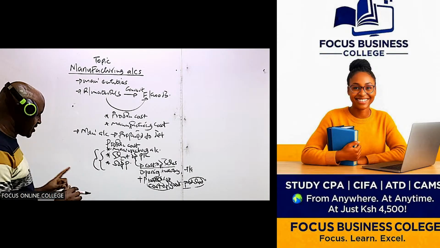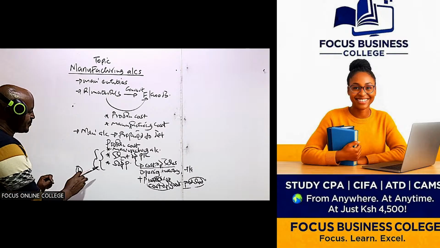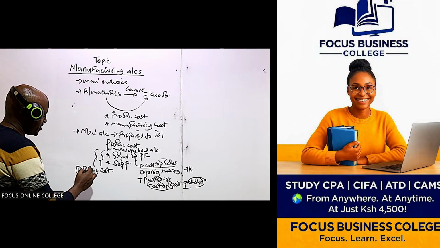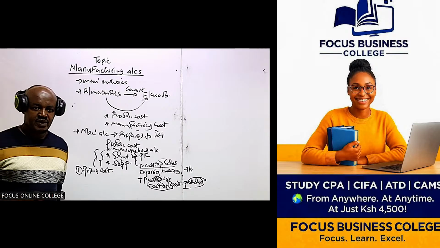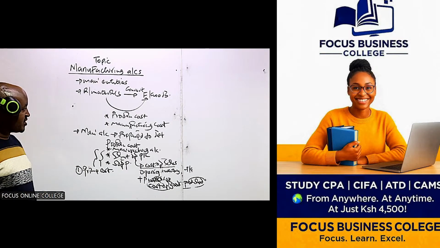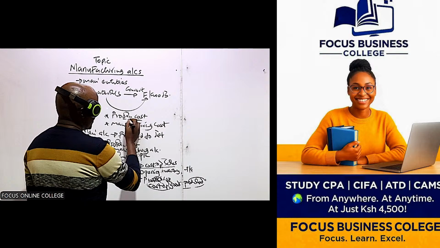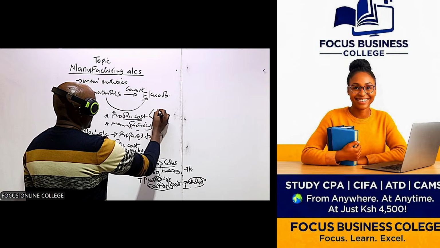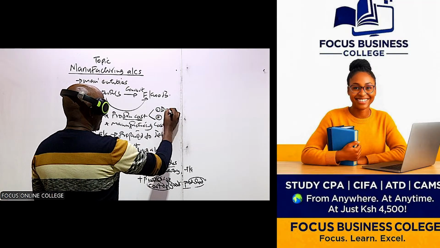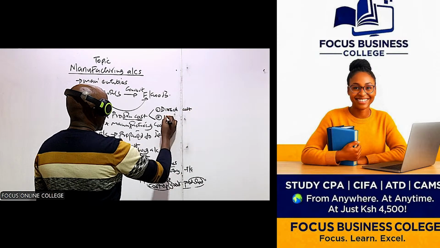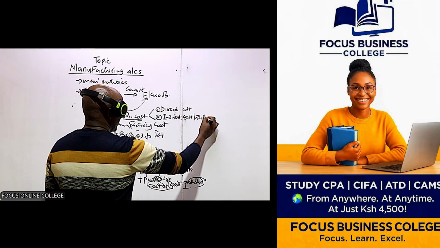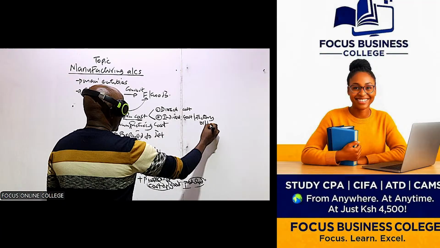So I want us to look at how we prepare this account. But even before you do that, there are some few terms we need to define here. One is something called the prime cost. What is prime cost? Basically, prime cost is the total direct costs which are incurred, because it is important for you to note that the production costs incurred by a manufacturing entity can be generally classified into two. We have the direct cost, and number two, we have the indirect cost. The indirect costs are also known as the factory overheads.